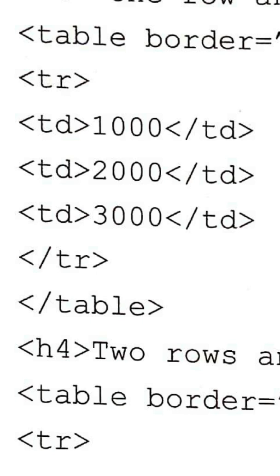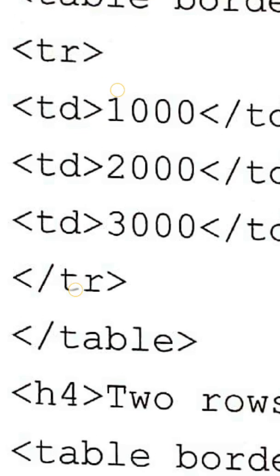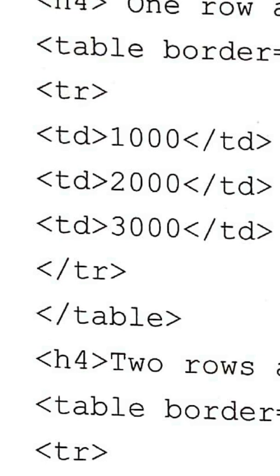For that we write the TD tag. So TD 1000, then TD tag close, then TD 2000, TD close, then TD 3000, TD close. Then you close the row, that is the TR tag, then close the table.